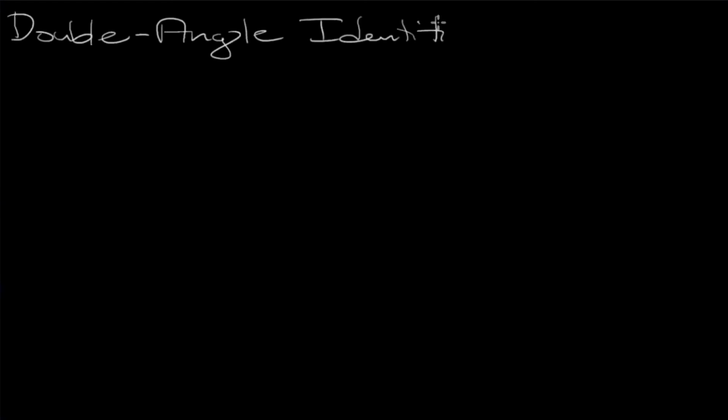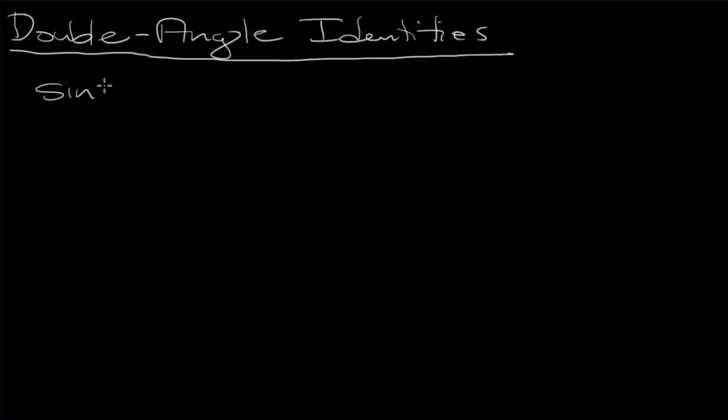You guys asked about double-angle identities, and double-angle identities are actually a little bit harder, but not because they're actually harder, but because there's more of them. So double-angle identities. Sine is actually really nice. Sine of 2 times an angle is just 2 times the sine of the angle times the cosine of the angle. It's the easy one, but it's actually not hard to prove. So if I wanted to prove it,